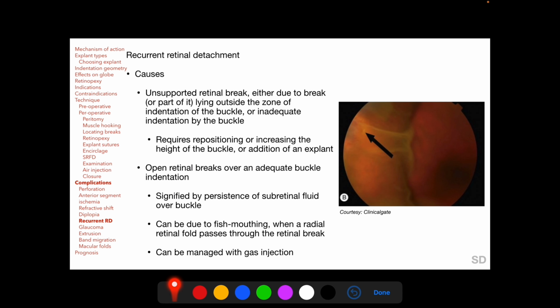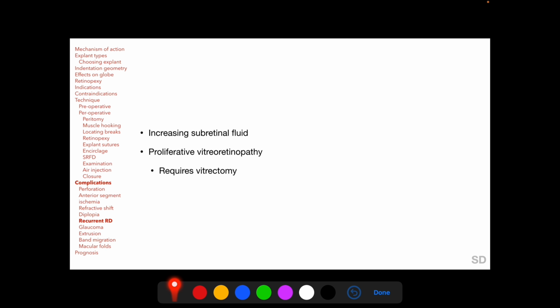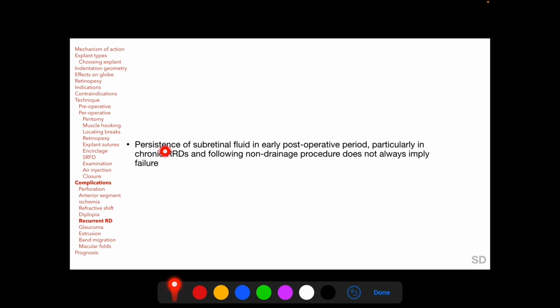Recurrent retinal detachment can also occur when a retinal break or breaks remain open over an adequate buckle indentation, which typically occurs due to fish mouthing when the radial retinal fold passes through the retinal break, as seen here in this photograph and in this diagram. Fish mouthing can be efficiently managed with intravitreal gas injection. Other signs of failure of scleral buckling surgery include increasing subretinal fluid and development of proliferative vitreoretinopathy, but persistence of subretinal fluid in the early postoperative period, particularly in chronic rhegmatogenous retinal detachments and following non-drainage procedures, does not always imply